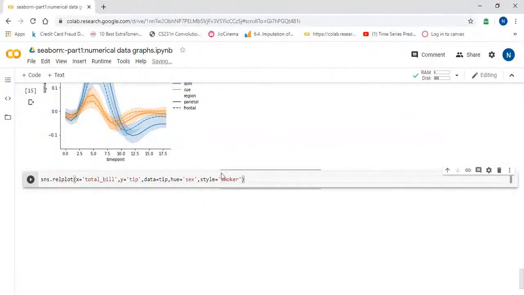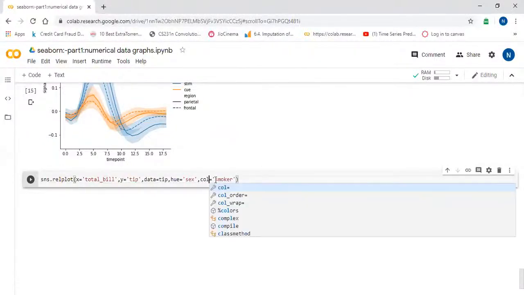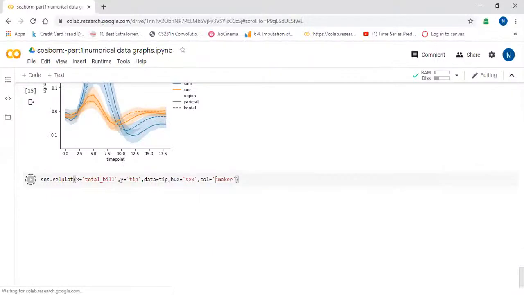Now in the previous graph we divided the data in the same graph itself. Right now I want the data in two graphs based on the smoker. If it is smoker, it will give one graph. If it is not smoker, it will give another graph. So I will say column. Okay.